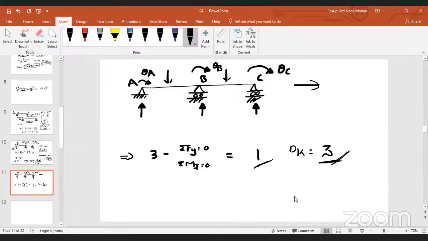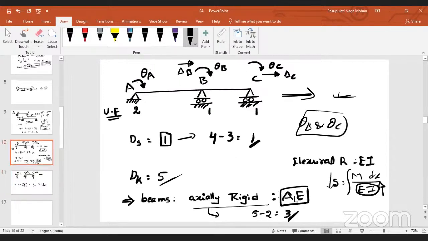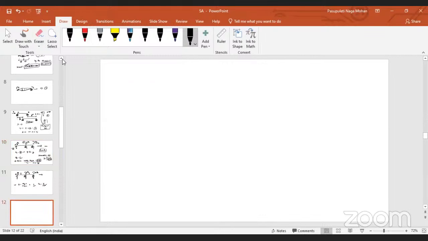Yes, sir. If the specific loading is given, according to that we can find out. If not, if they are axially rigid, then also you can say, isn't it? So this is the difference that we can make. As of now, any doubt? No, sir. All right. Now, what I want you guys